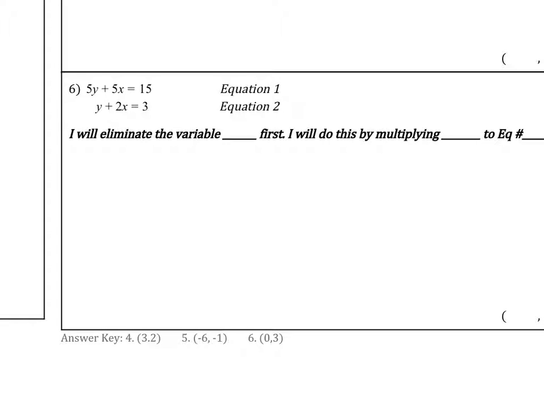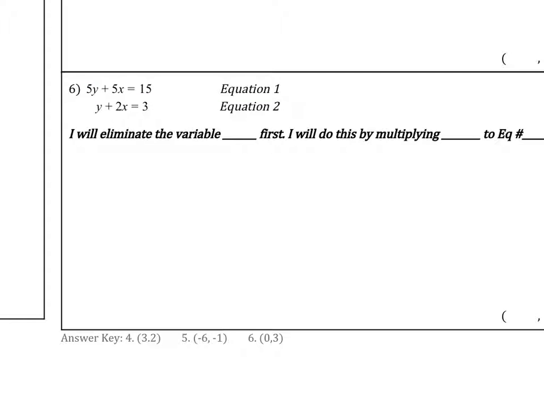So let me go through solving equation 6. We have 5y plus 5x equals 15 and y plus 2x equals 3. So in this case, I would probably eliminate the y's first. So since I have a 5y here, in order for it to cancel, I need the bottom number to be a what? Negative